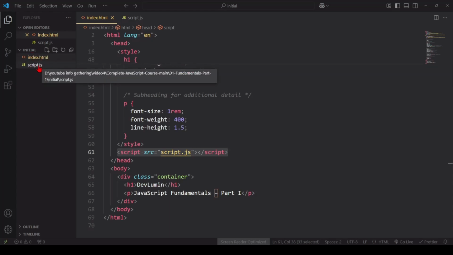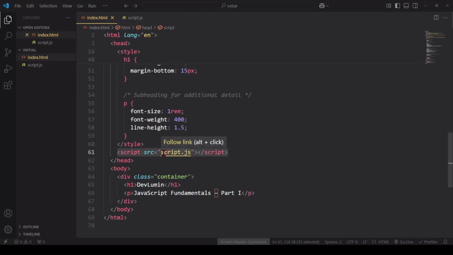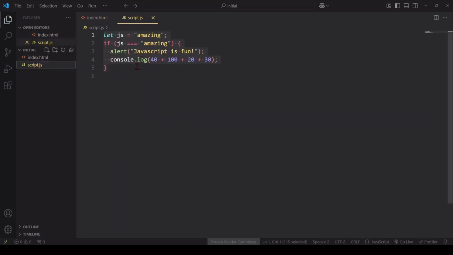Double check the file path and spellings in the script tag. In the script tag, you have to check the spellings and file path. There must be no spelling mistake. It must be script.js. Fix any syntax error in your JavaScript code. If there is any syntax error in the JavaScript code, you have to fix it in order to successfully run your code.